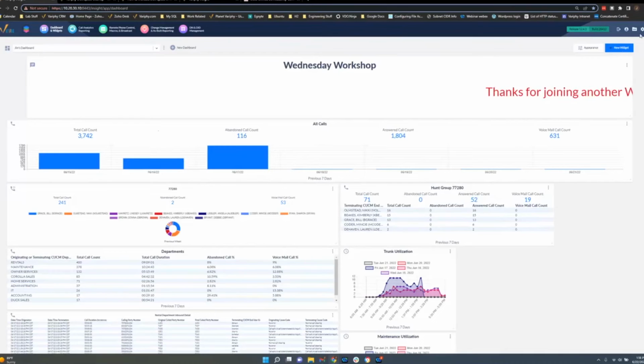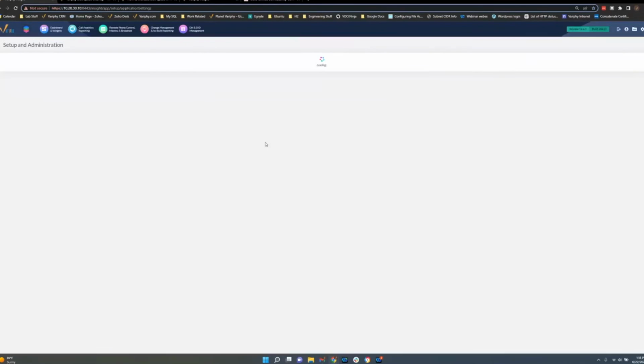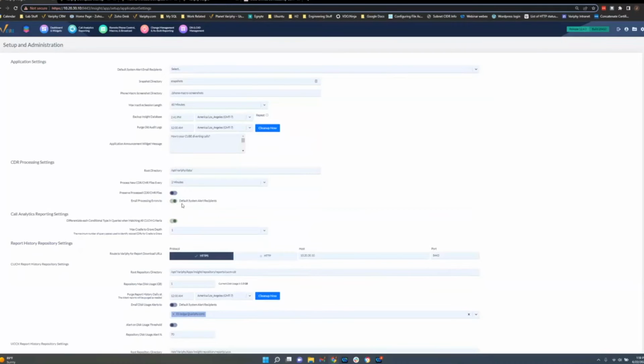What I would recommend for that, first of all, is go into application settings. You should all do this anyway, even if you don't suspect missing data. We do have a processing alert where you can get email processing alerts. So I would suggest setting this. You can either set email addresses in here from the pick list, or if your default system alert emails has who you want populated in here, you can turn that on, and whoever's configured in here will get those email alerts for processing errors.